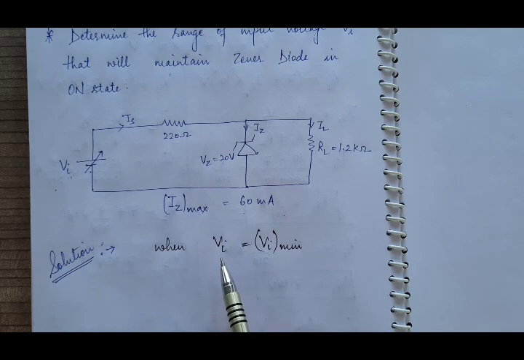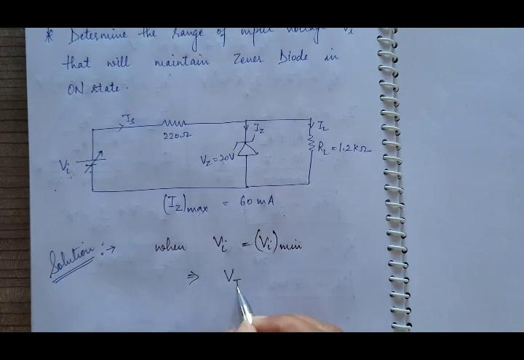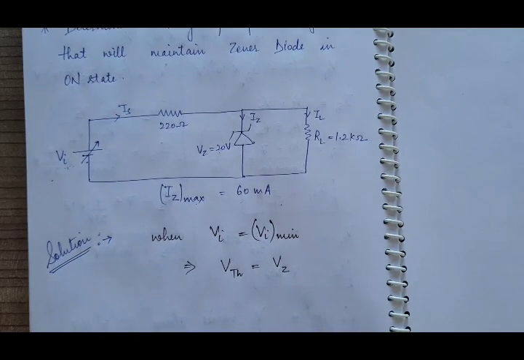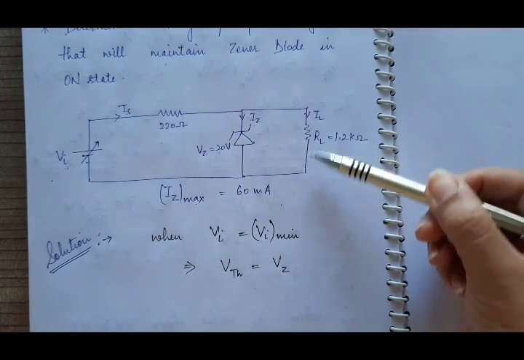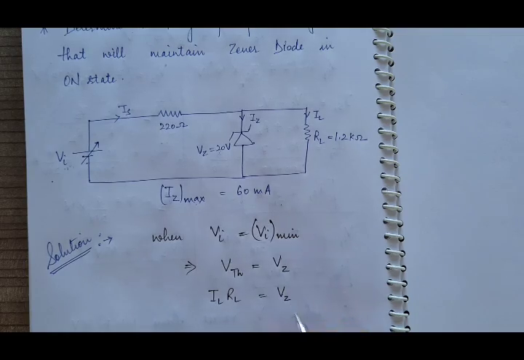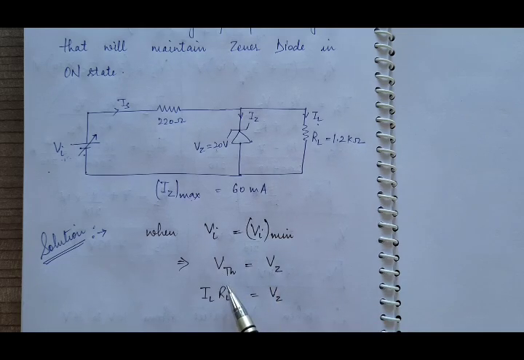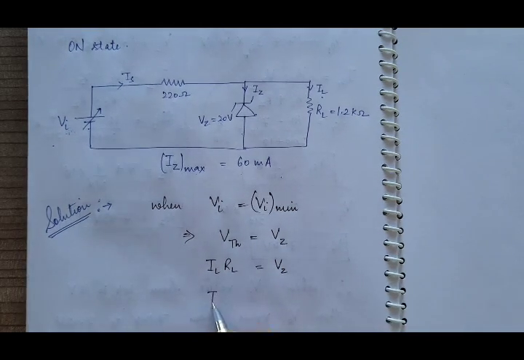Just do it in the way we have discussed in the article. So when Vi is equal to Vi minimum, this is the minimum voltage which will just turn on this Zener diode. So this implies the Thevenin voltage across the Zener diode will be equal to Vz. So Zener diode will turn on. And this VTH, as it is connected in parallel to this RL, will be equal to ILRL. And this IL will be equal to IS, because at that time when we are calculating this, these two terminals will be open. So this IL will be equal to IS.